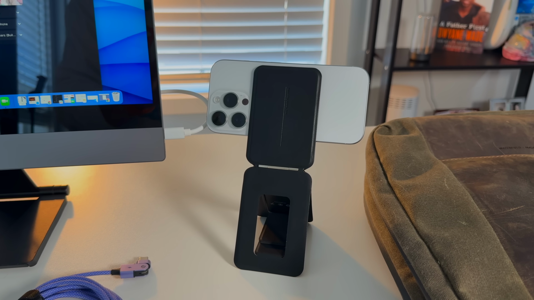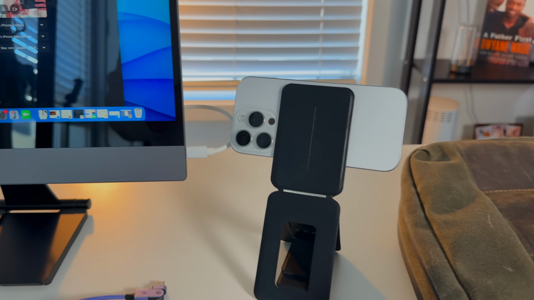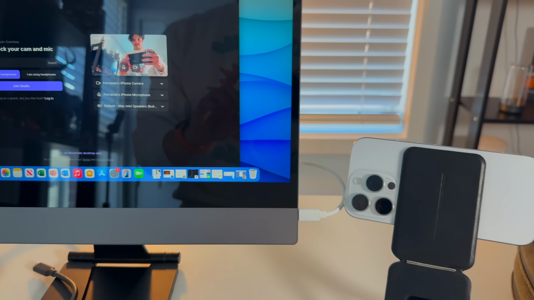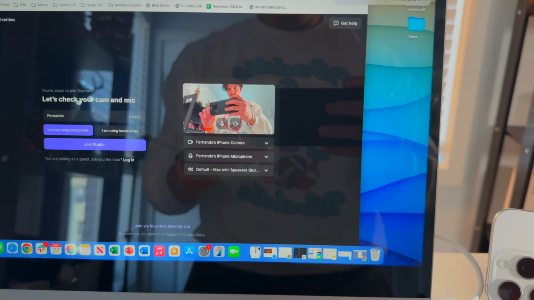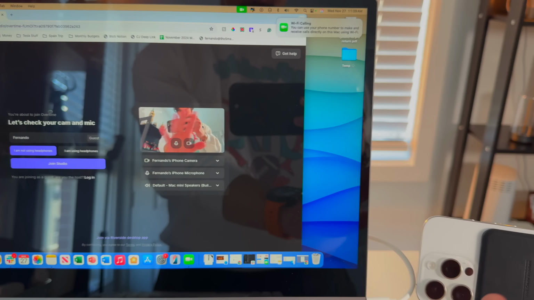And then last but not least, my absolute favorite continuity feature has to be continuity camera. In that same light of ordering a Mac Mini, of course with the Mac Mini you only get the computer and no peripherals, so you do need to get an external monitor. Now most external monitors don't have a built-in webcam unless you get something like a studio display, so being able